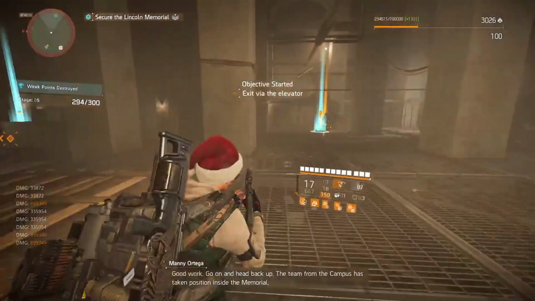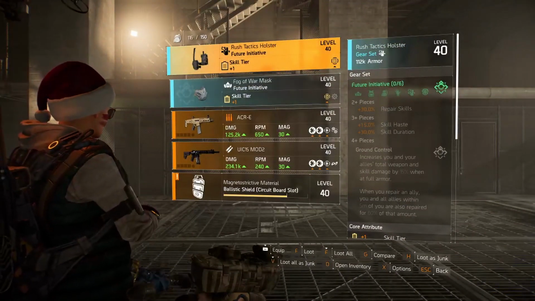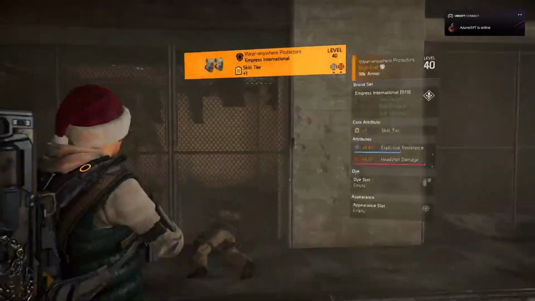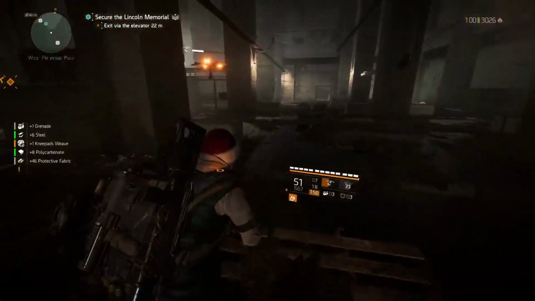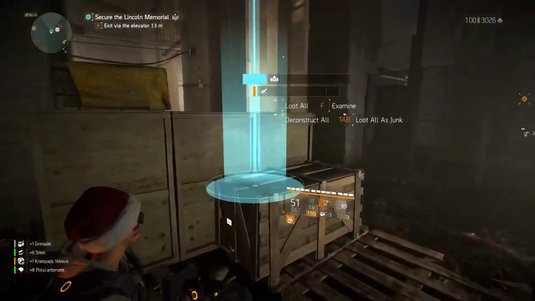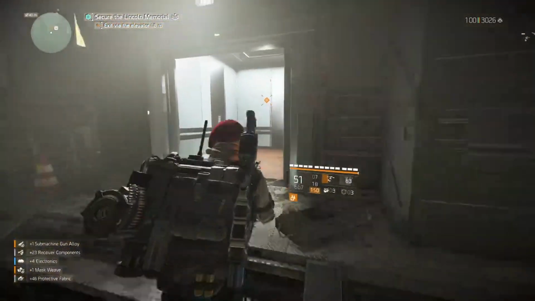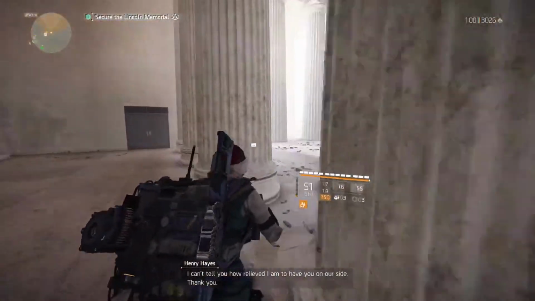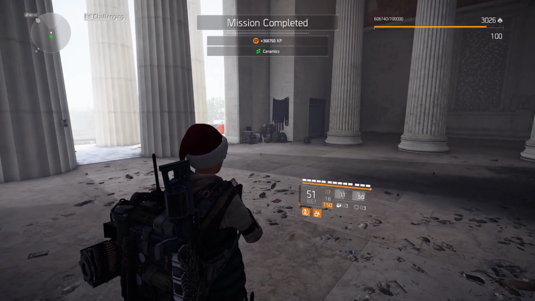Good work. Go on and head back up. The team from the campus has taken position inside the memorial. If you hadn't stopped them, I know they would have used those weapons on us, and we would have ended up like Castle. I can't tell you how relieved I am to have you on our side. Thank you. Today, we dealt a